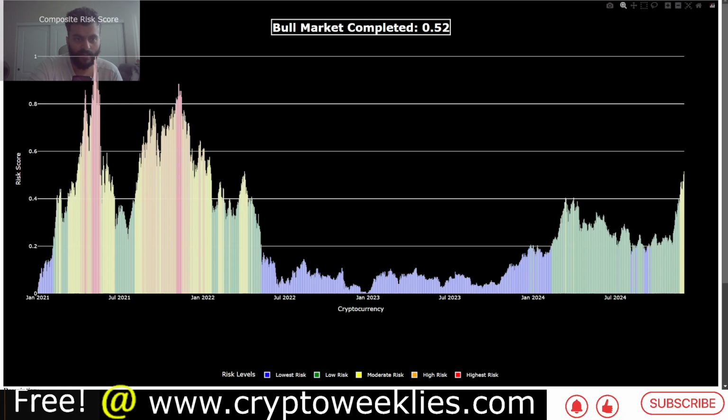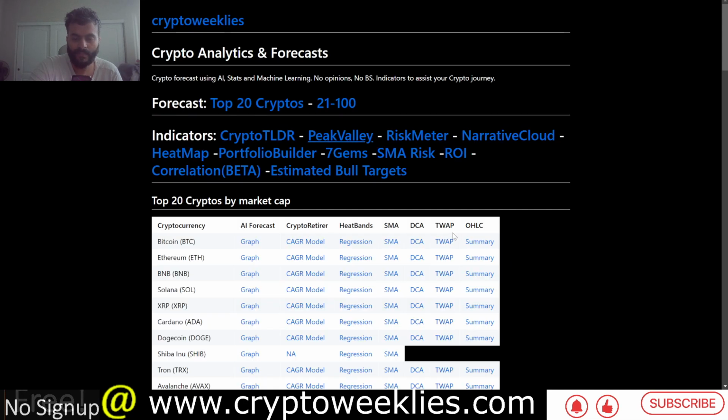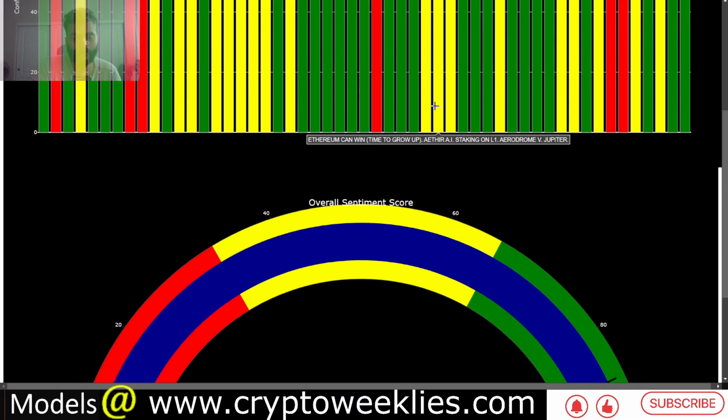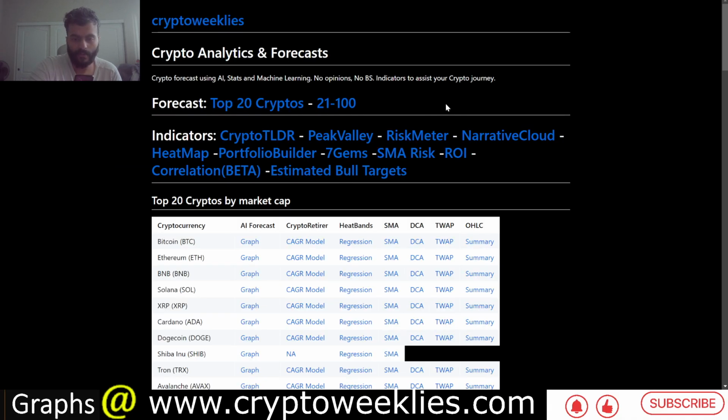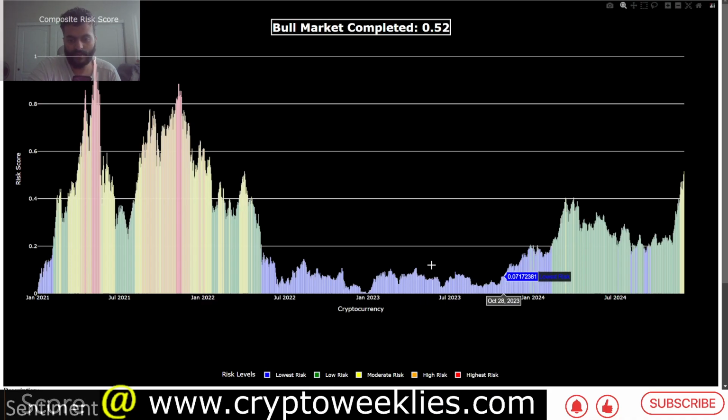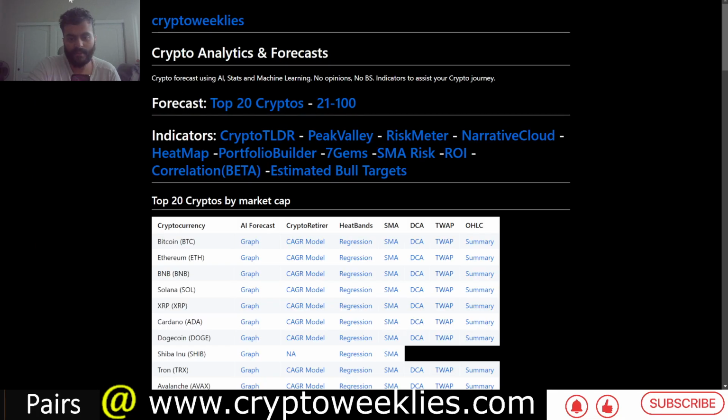So this is the peak value, just which I showed before, and the sentiment analyzer is this crypto TLDR, which hosts a machine learning based sentiment analysis of the news related to crypto over the last 24 hours. Peak value uses the top 100 cryptos and identifies if the market is in a peak or in a valley zone. Valley zones is where DCAing makes the most sense. Peaks is where DCAing out of the market or halting DCA makes the most sense.